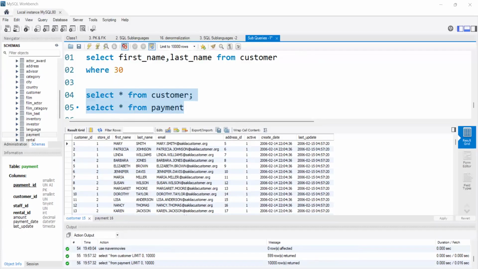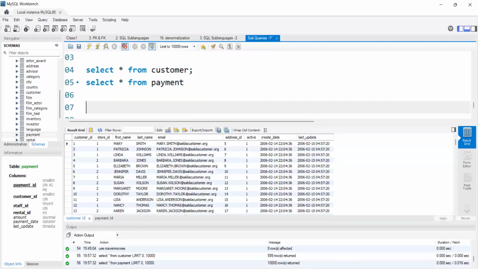Basically, to find at least 30 payments, what I need to do is count the transactions. So we know we need to use the count function here, correct? We need to understand how many customers made at least 30 payments. 30 times, in the sense, we will use the count function only, correct? So suppose I say select count star from payment. Okay,